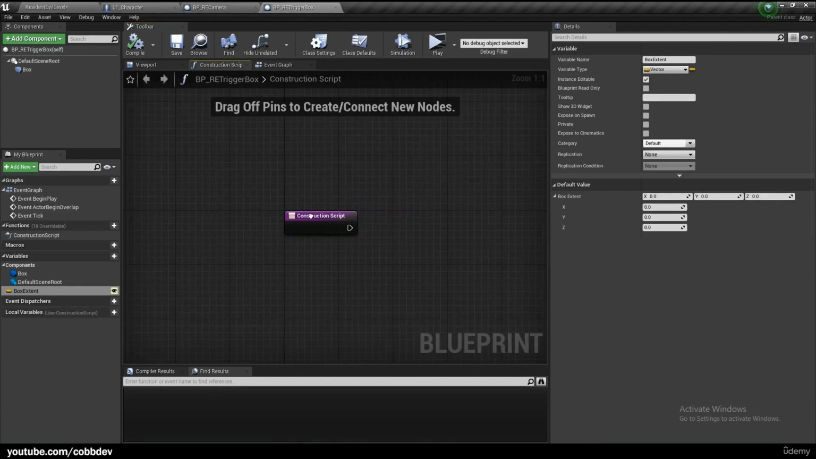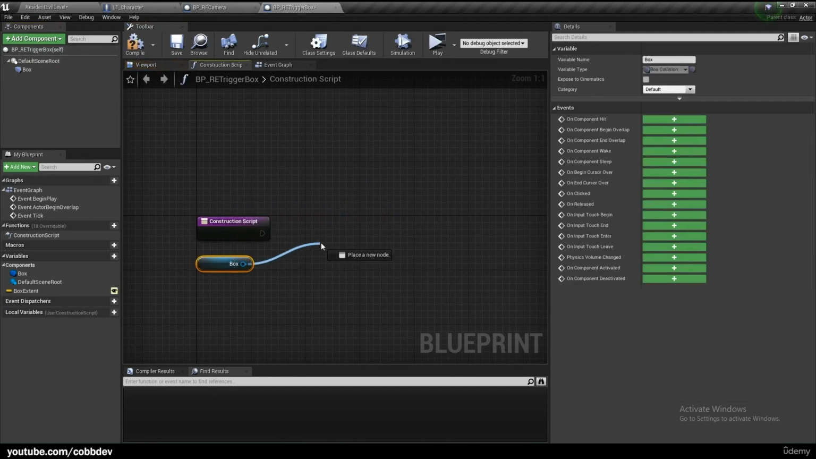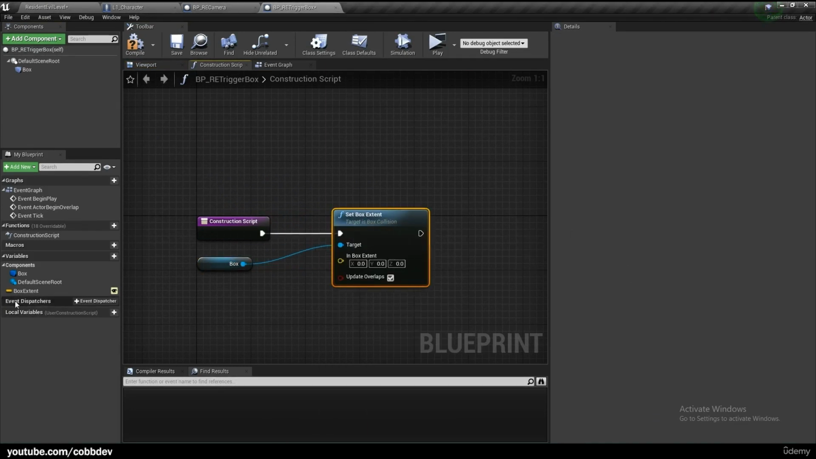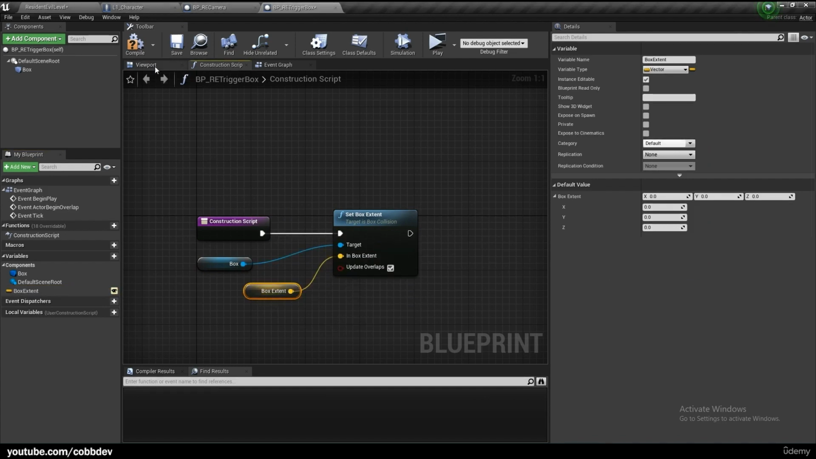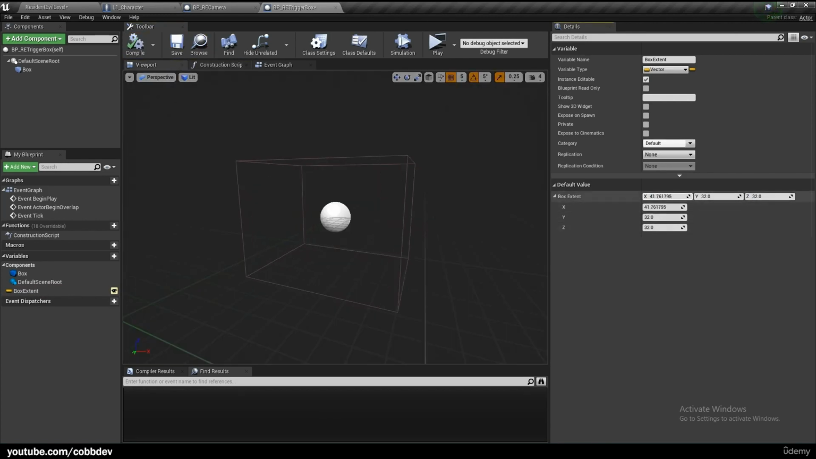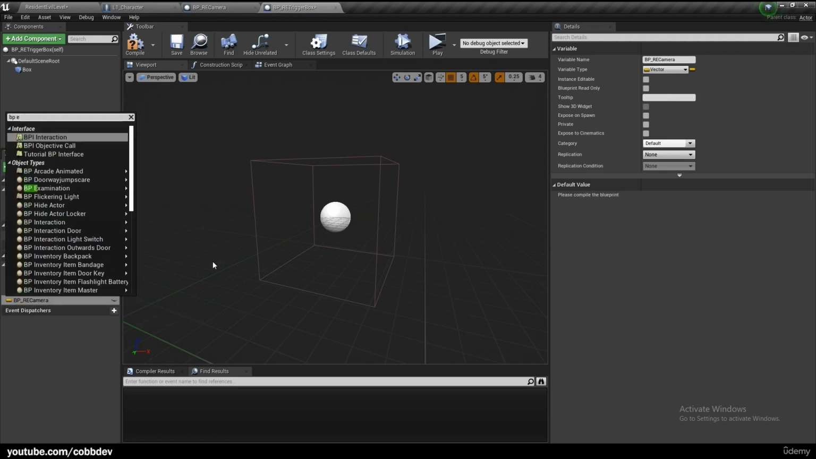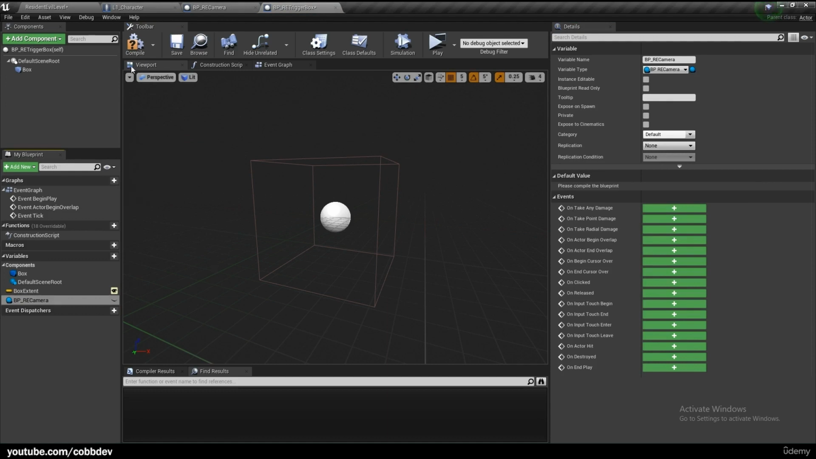And then in the construction script, we will just get the box, set extent, and the extent will be our box extent right here. And we can make the default box extent 32 by 32 by 32. And since this is in the construction script, we can change it in real time. We're changing this variable right here, and it is updating the box extent. Let's add another variable called BP RE camera, and this is of type BP RE camera, as you might have